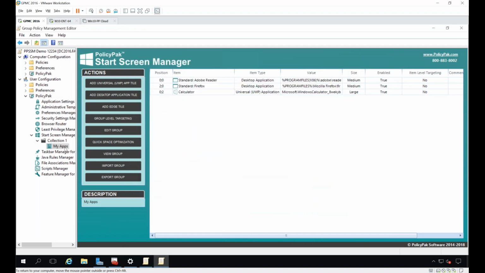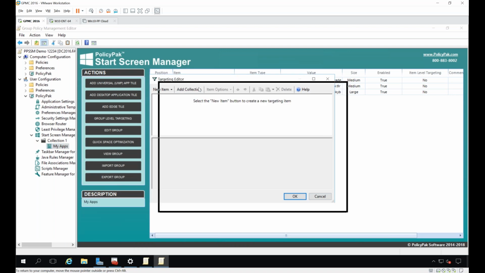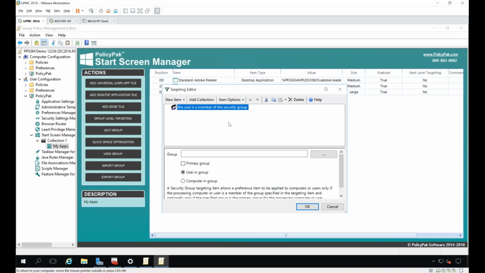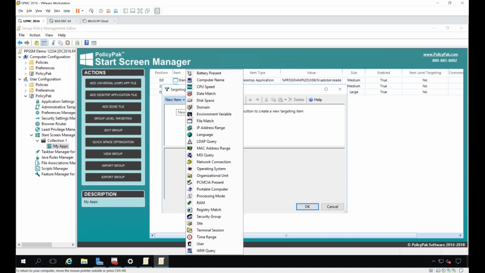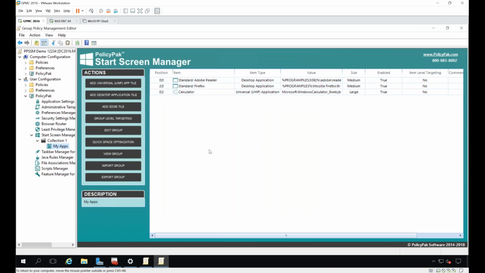Now you could also say, hey man, don't put this group on at all until I know I have these applications, and you would do that with item level targeting. So the idea is that you can say only put on this collection when I'm a doctor, when I'm a nurse, when I'm a teacher, when I'm a student, or when I see the applications, or when I'm on a laptop, or when my operating system matches a particular version of Windows 10, any number of things. In other words, again, crafting the right experience for the right people at the right time. That is the name of the game.